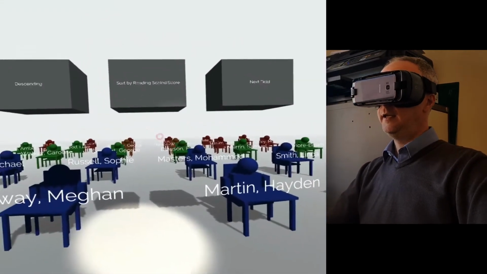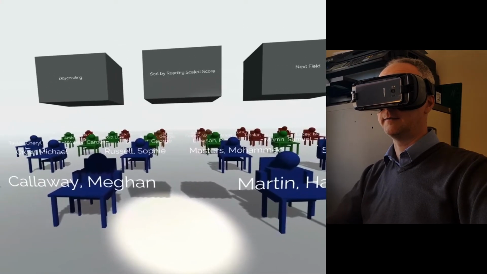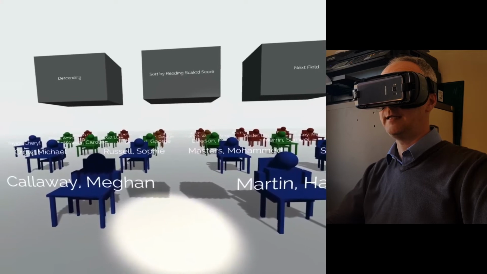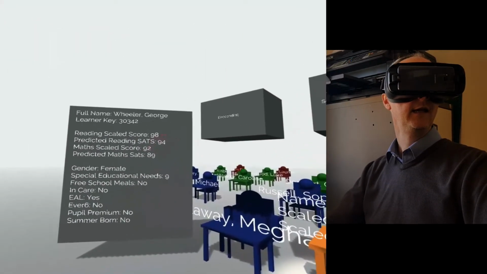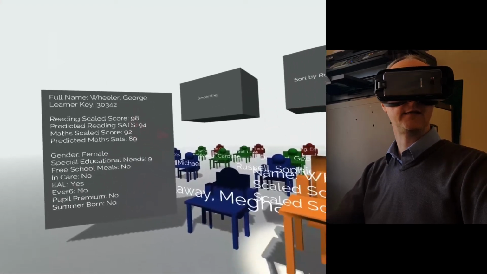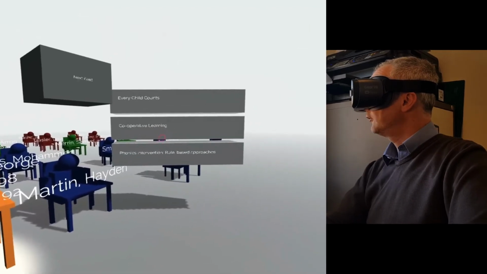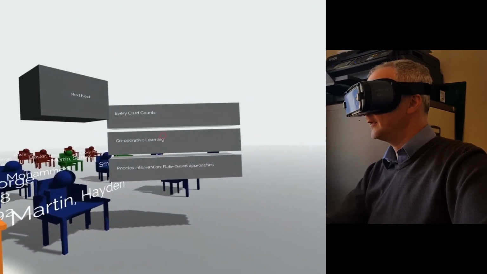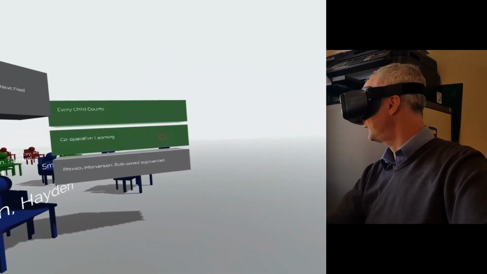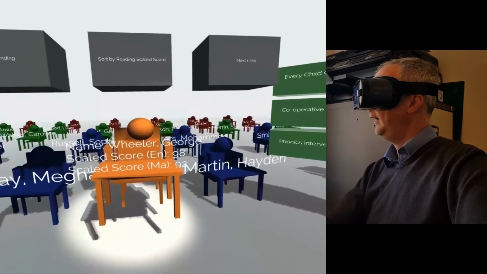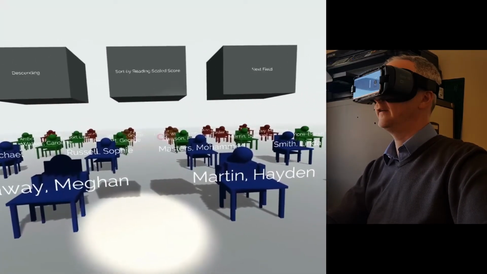Let me put Linda back and sort this group by their reading scale scores. Now you can see red, amber, green and blue, so everyone in green is doing well. Those in amber are nearly at where they're expected to be. So if I look at George here, for example, I can see that his reading scale score is 98. It's just below standard, but we're predicting for him to do slightly worse than that. Over on the right, I can see selected interventions. So the prescriptive analytics is kicking in and suggesting interventions that I might want to apply to these particular students. I can simply click on those and put George back in his place over there.